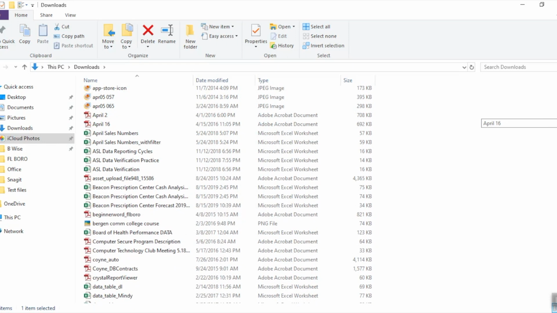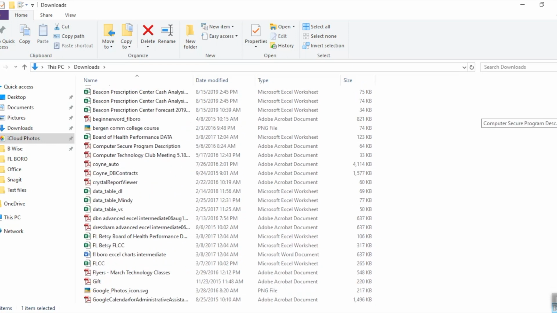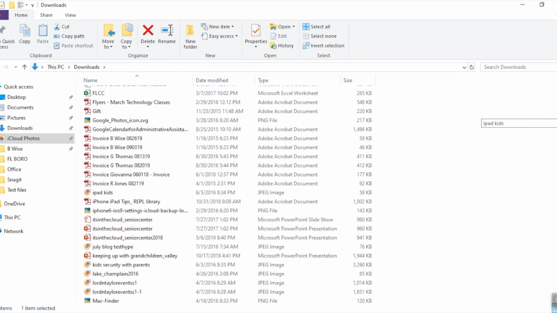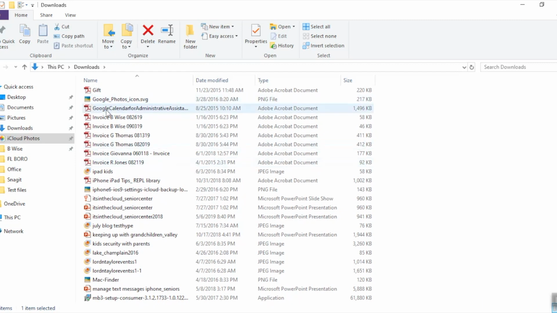We're going to scroll this right side of the screen until I get down to my invoices. And here are her 2 invoices. I'm going to put my pointer. I'm not going to double click because that would open it. I'm just going to single click so it's highlighted in blue like that. Click and hold, and then drag from the right to the left. And when I hover over that folder, you can see